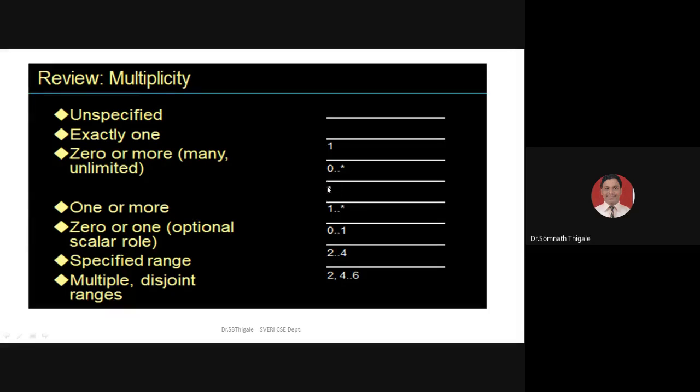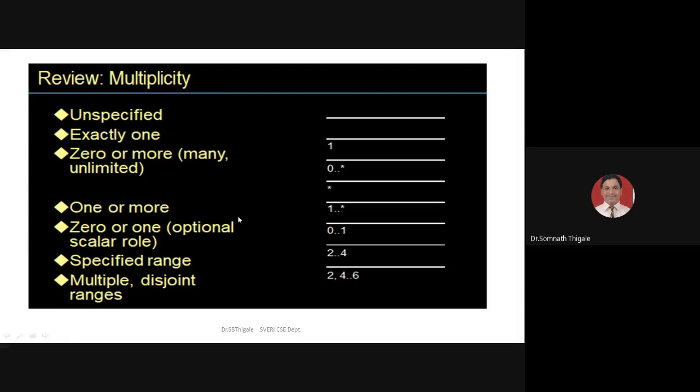We can't count, so it is represented directly with the star mark. One dot dot star is one or more. This is 0 or 1. It also specifies an exact range, 2 or 4. This may be 2, or maybe 4 to 6.